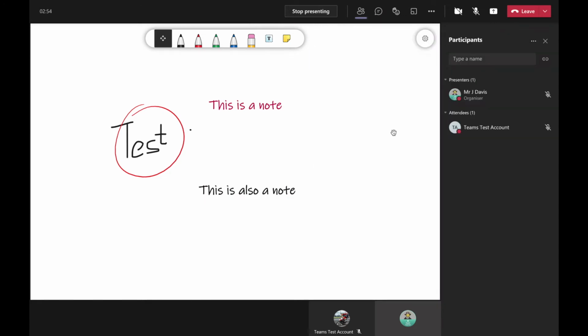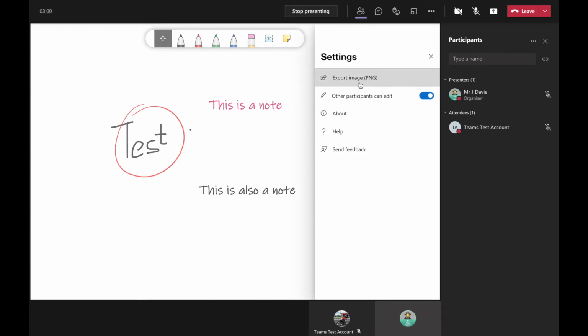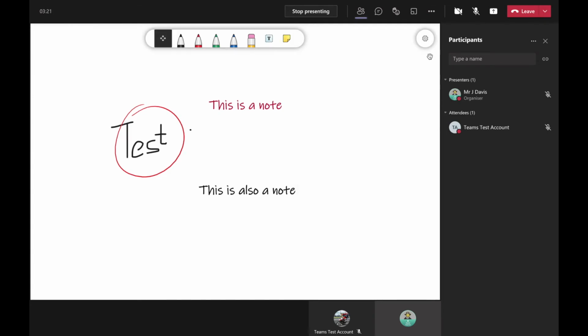Now, when we've finished with the whiteboard, what we can do is go to the settings and export the whiteboard as an image. So we can save what's on the whiteboard for later on. We've also got the option here where we can turn on or off the student's ability to edit the whiteboard. So we might have a section where we want students to add some thoughts, but we want editing turned off for all the rest of it. So that's how we do that. So that's the built-in whiteboard as part of